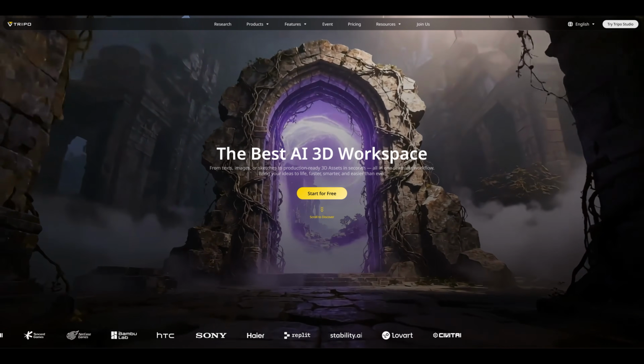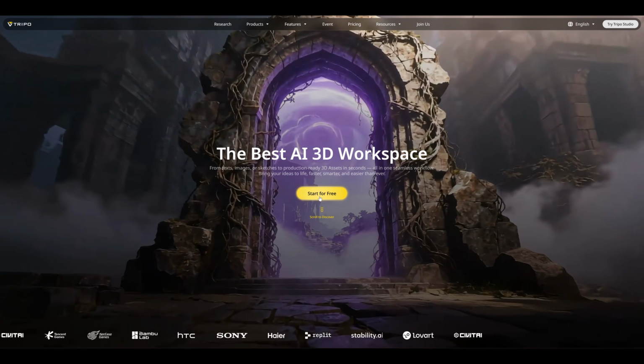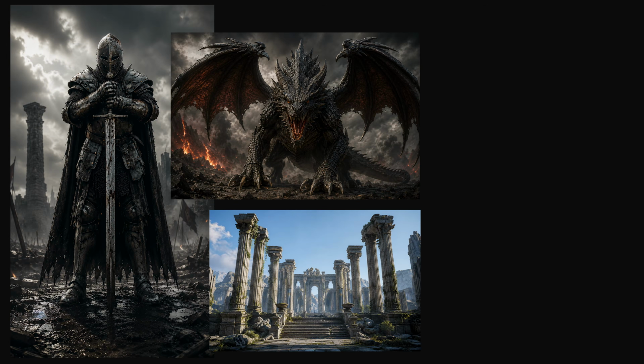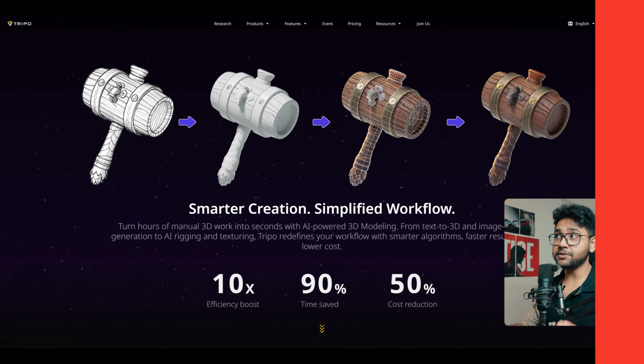Basically, I planned a Blender scene and for that I need a couple of 3D models. So I decided to jump into Tripo3D and let's create something amazing. Well, I need a few 3D model references. I jumped into the Tripo3D AI website. Over there they have this amazing image ChatGPT section, and using that I created all these images which I'm going to convert into 3D. Well, let me tell you how it will work.